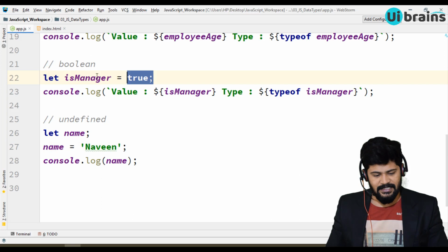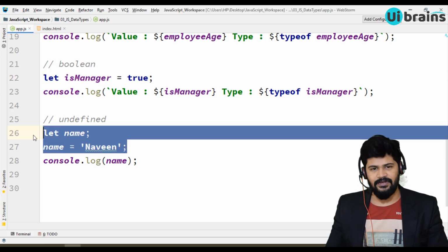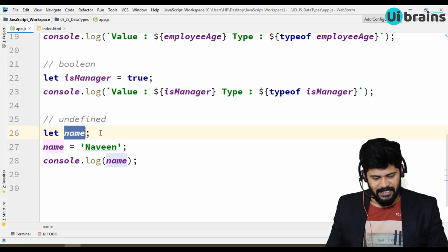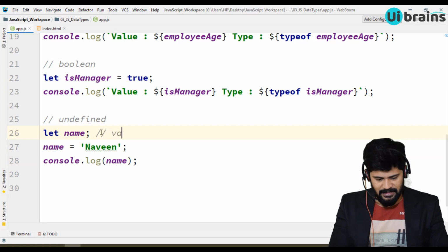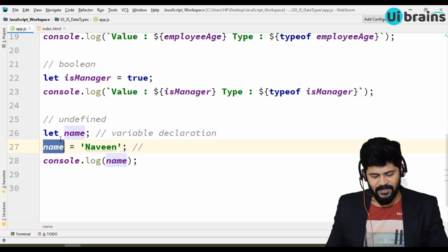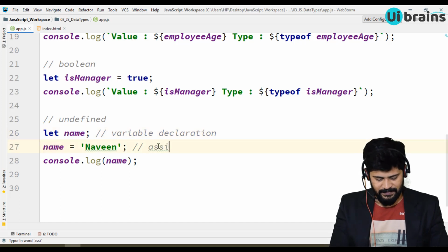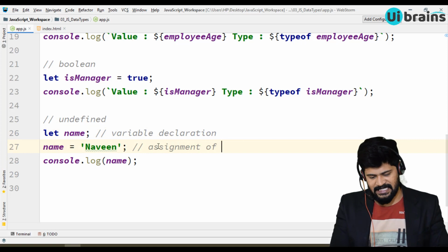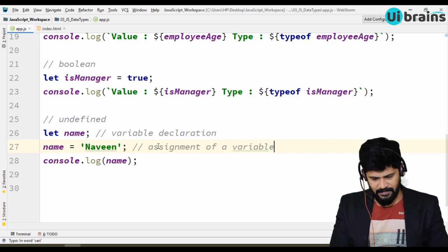The same line like this, you can divide into two lines. Here, let name is actually called a variable declaration. And what we are doing next is assigning a value to the variable which is already declared. So this is called assignment of a variable.